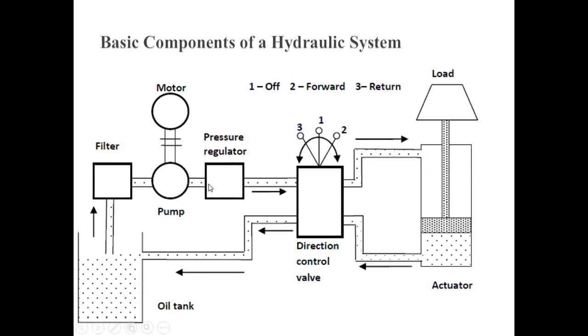There is a pressure regulator which is used to maintain the required level of the pressure in hydraulic system. Friends, in this diagram you can see the pipeline which is showing here is a closed loop pipeline system. So this diagram is a closed loop diagram in which case fluid or oil transfers from the hydraulic tank to the workstation and then it comes back to the tank. So there is no wastage of the oil. Let's remember, there is no wastage of the oil.